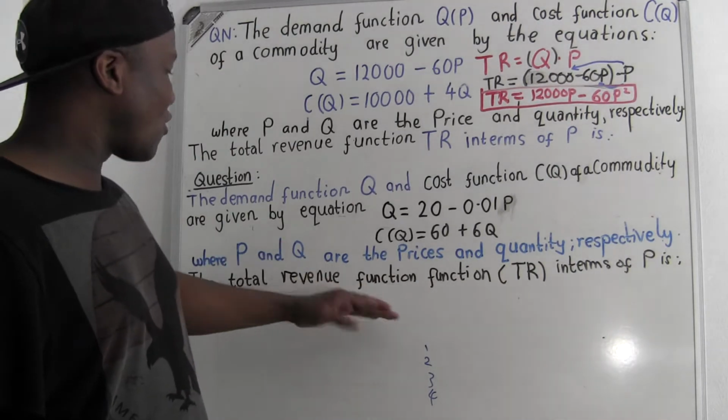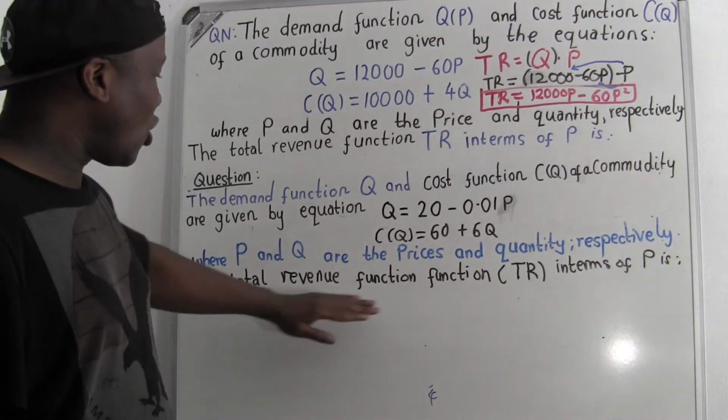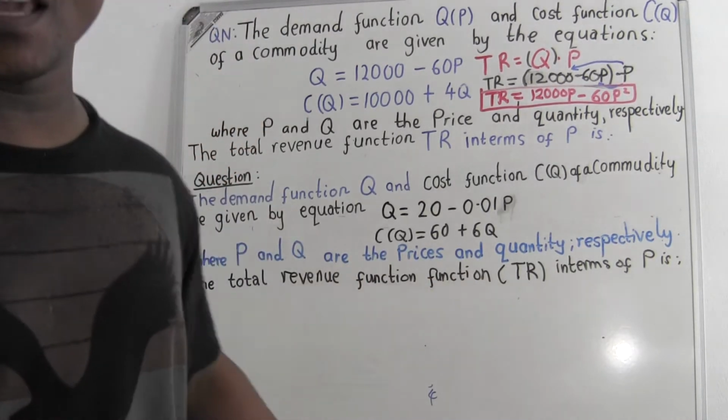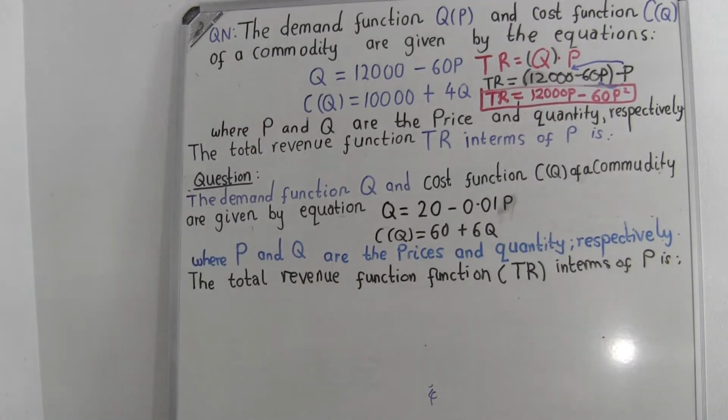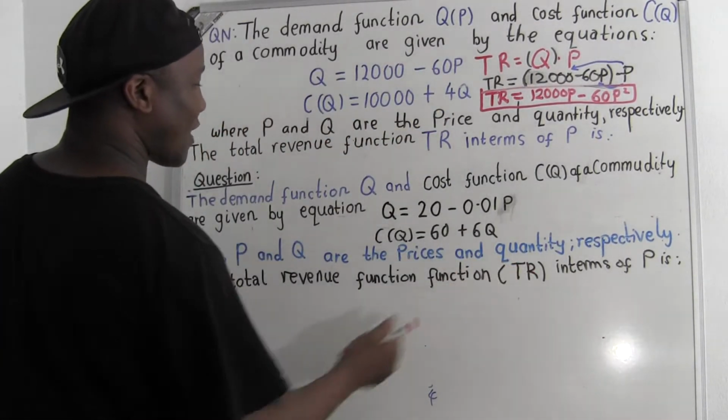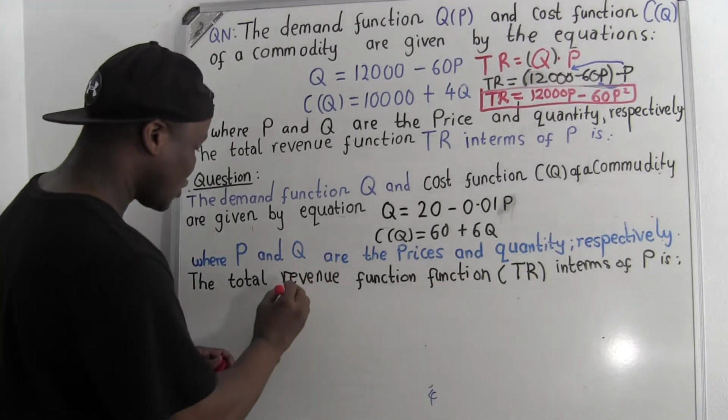The total revenue function in terms of P. Oh, so they kind of ask the same thing. I want to check if it does record. Oh, yes, it does. So they kind of ask the same thing, right? So we will say, well, they want total revenue. We know how to get total revenue. So say total revenue